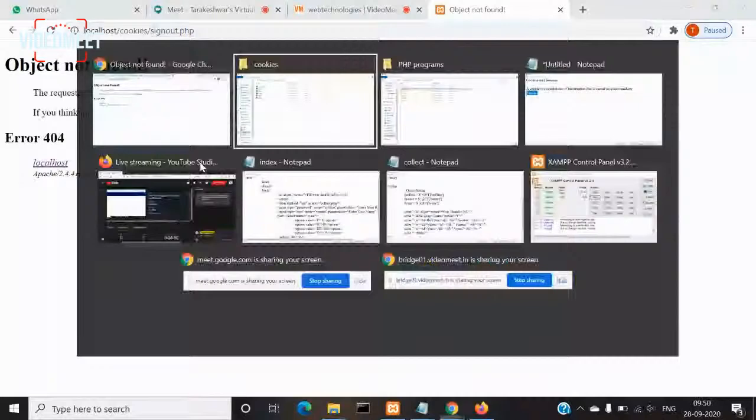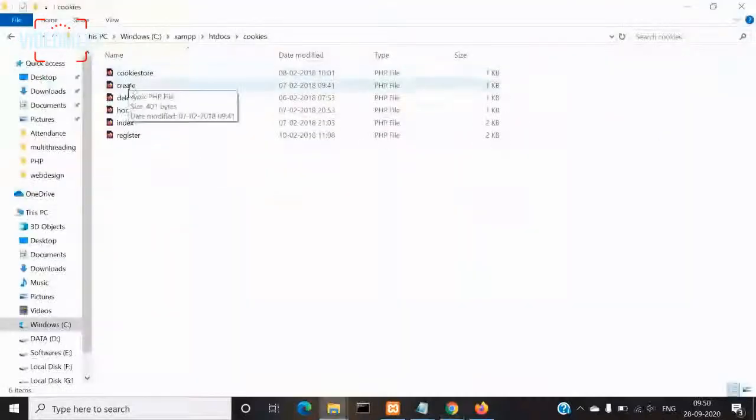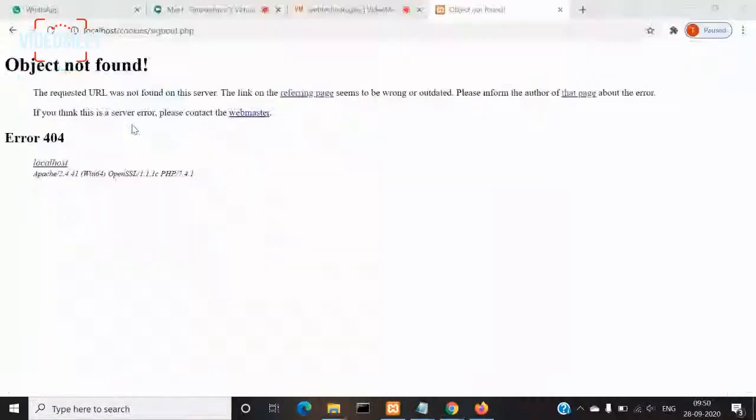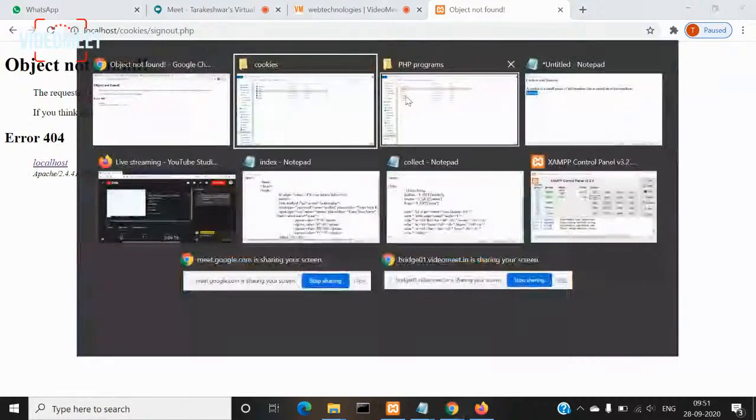There is no signout.php. So when that is the case, you will get this code. You can understand the error by looking at this 404 error code. Whenever you get this 404 error code, you must understand that the page that you are trying to access is not available. Now, if I create a signout.php file here, then when I click on that signout link,